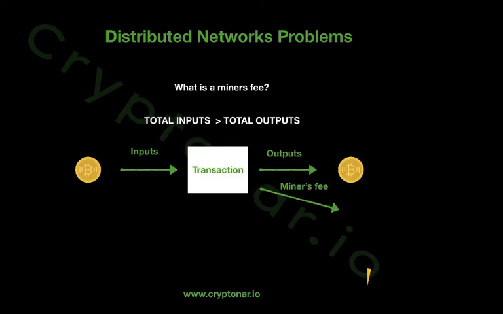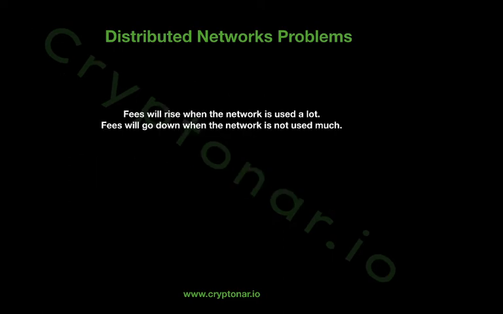And at the end, we see this transaction input and output. What goes to the miner is the difference between the outputs and the inputs of the block. As we saw last time, in a transaction you get a lot of inputs from different people, and then you get some outputs, and a miner is going to take just a small piece of it. This is for his work of validating the network. And so transaction fees are going to rise when the network is used a lot, and go down when the network is not used much.